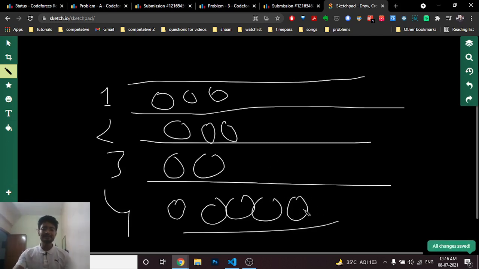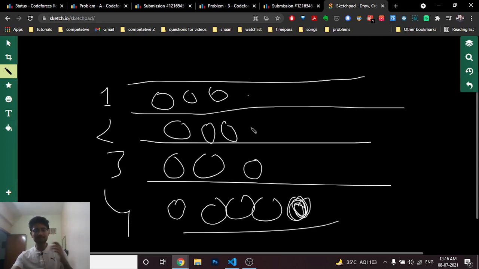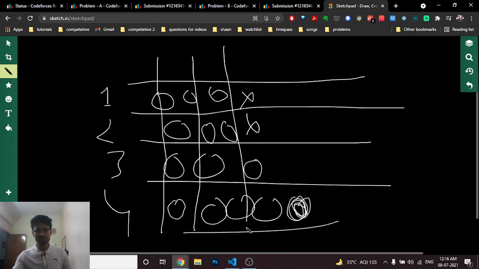So in that case, the simplest thing we can do is just divide the rest of the cars evenly among the tracks. Some tracks will have only 1 car as extra, and some tracks will have no extra cars. If you take this as a column, this column is filled, but for the last column, some tracks will have cars and some will not.